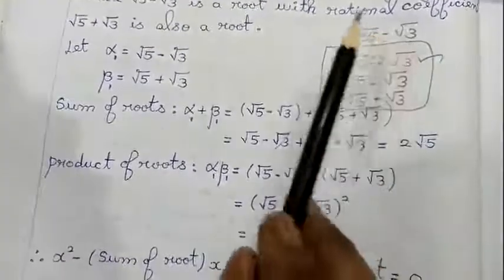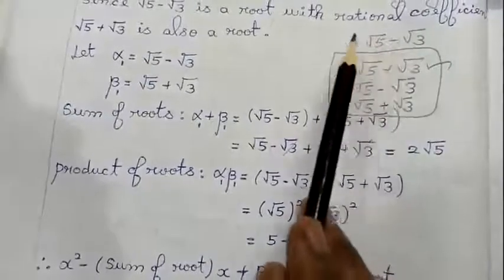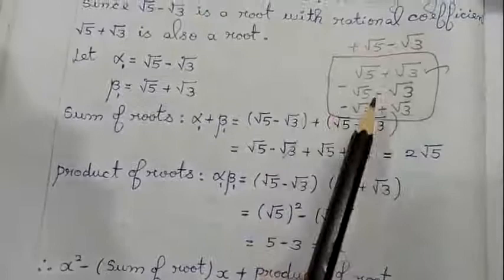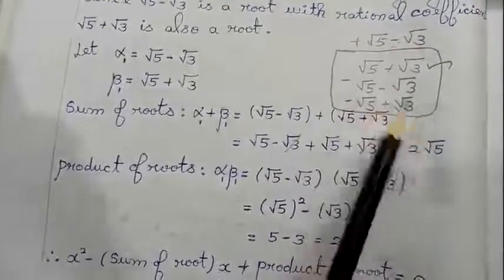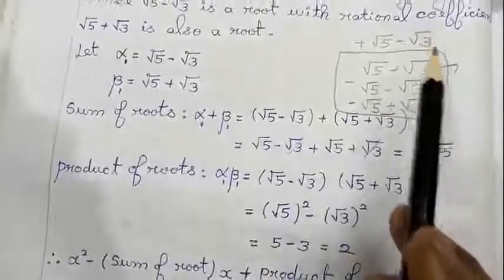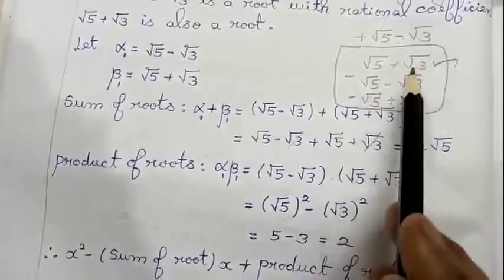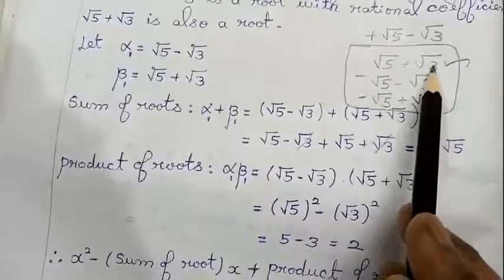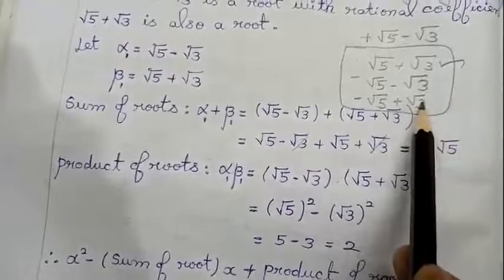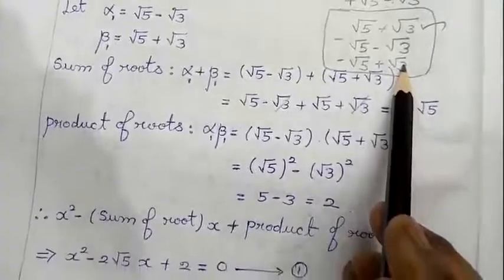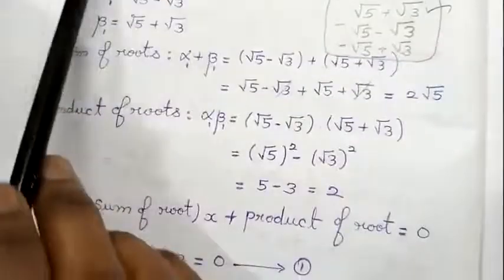Now the given root is plus root 5 minus root 3. The remaining 3 I am writing in this combination according to the theorem. Now how I am going to do the sum is, I am going to pair the roots 2 by 2. I take the first 2 and the next 2 as another set. Using the first 2 I form a quadratic equation, and using the next 2 I form another quadratic equation. I am going to get 2 quadratic equations. I am going to multiply them. Now just see, students.